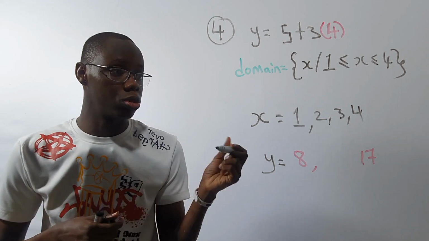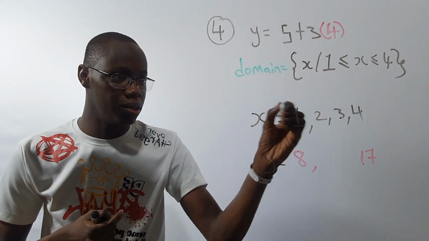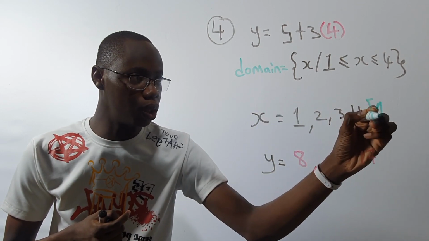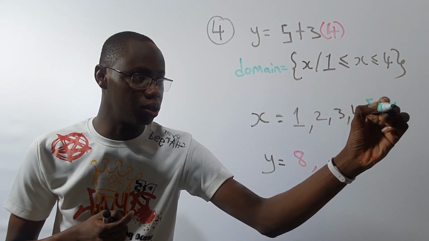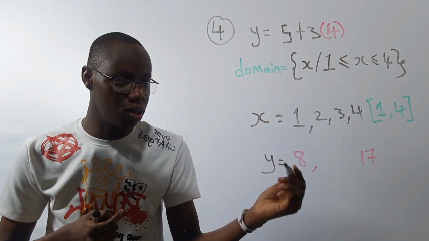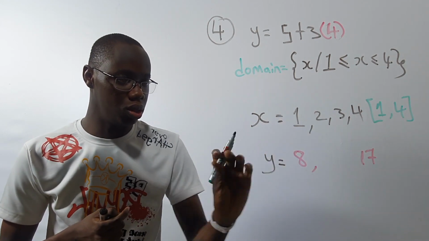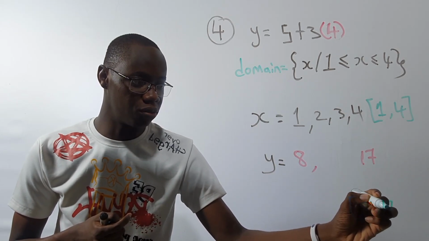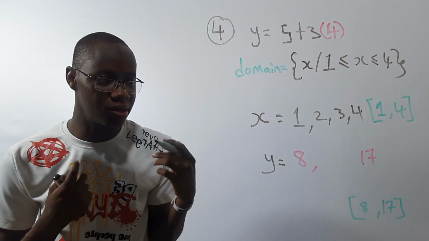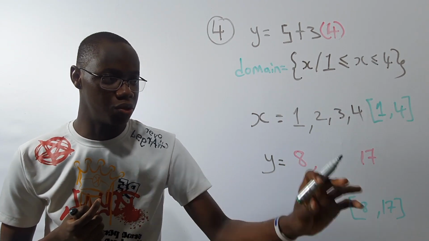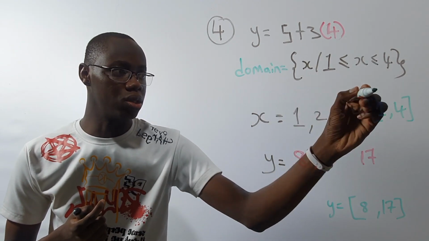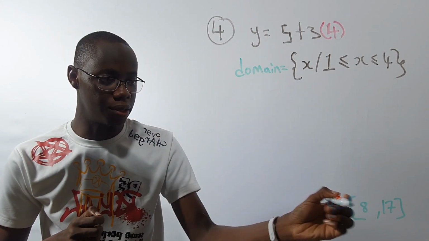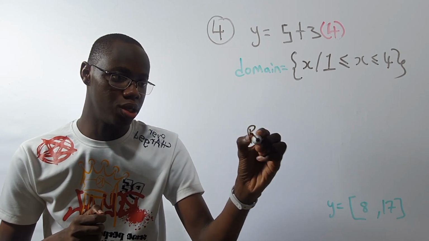Very easy. So as usual, you can represent it my way. The domain now will be very easy. The domain will now be 1 to 4 inclusive, right? Very easy. While the range will be 8 to 17 inclusive. You can leave it like this. Your answer is still very correct. This is y, which is the range, and this one is the x, which is the domain. So you can leave it like this, or you can represent it the way they would want it.